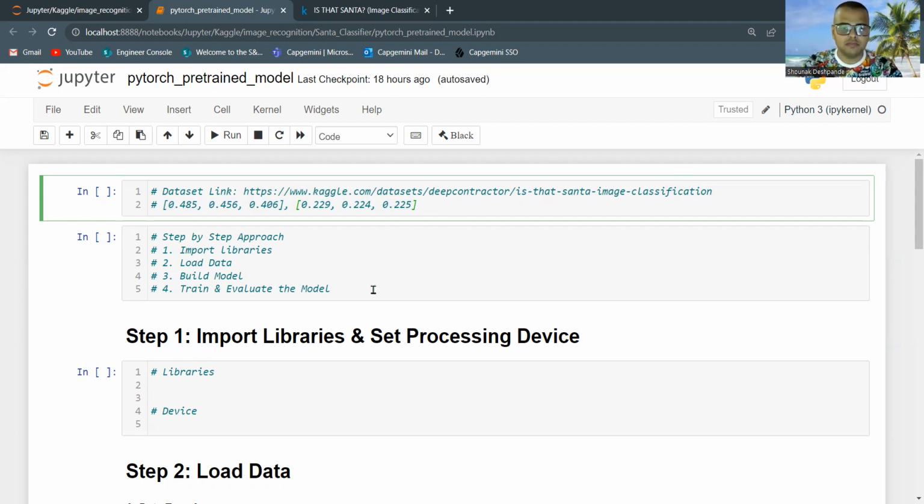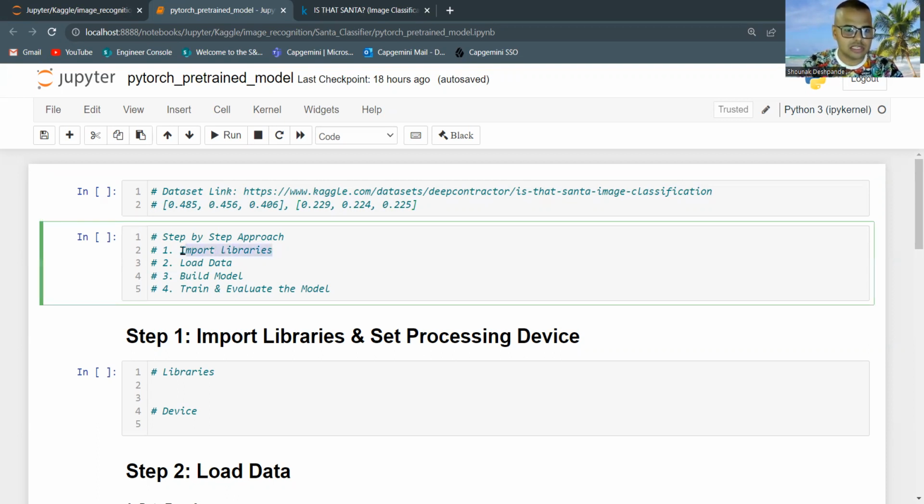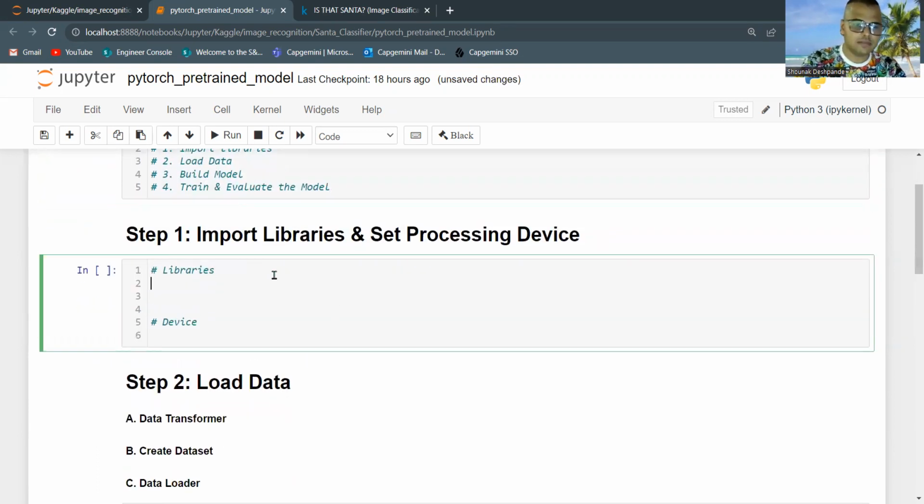So this implementation will happen in 4 steps. I have tried to make it as simple as possible, just that you should know how to code in Python. First one is import libraries. Second one is load the data. Third one is build the model. And fourth one is train and evaluate the model. So let's begin. Libraries,